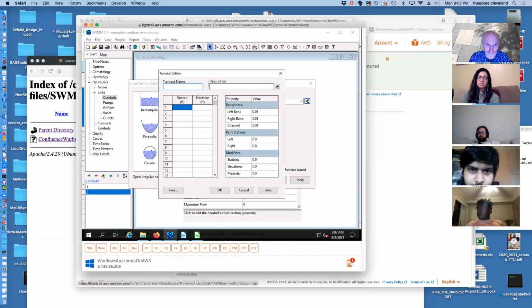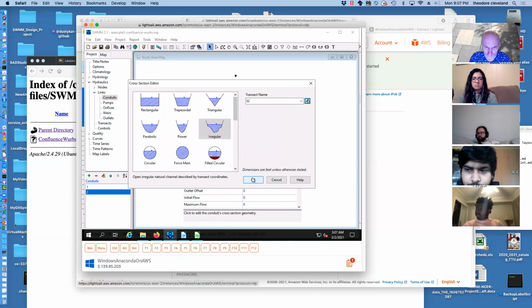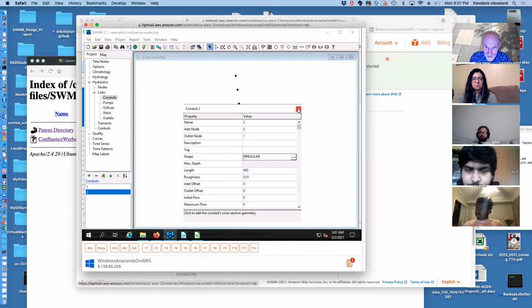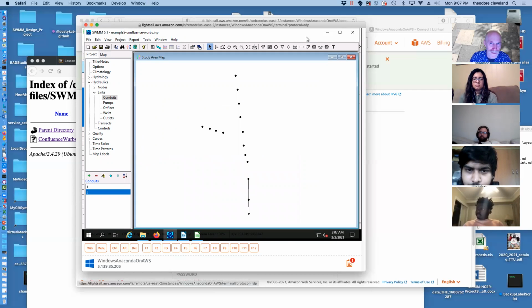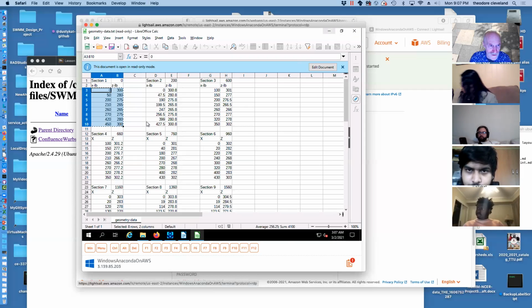We'll have to put some information in for it, and we will get that information. Oh, you piece of junk. Hopefully it'll let me put in an empty section. It will. So section 2,